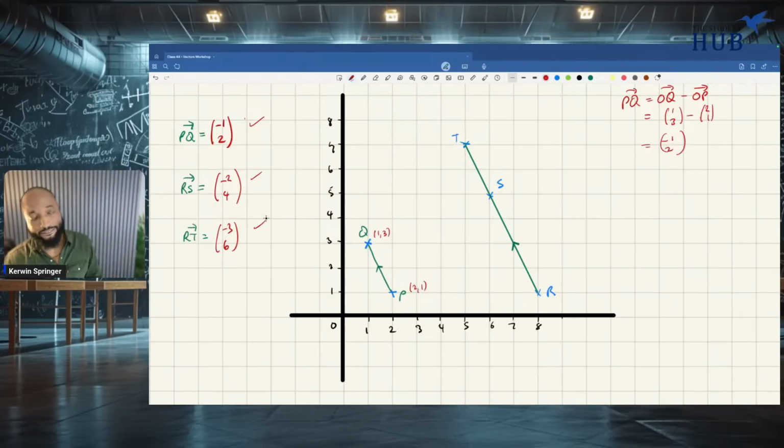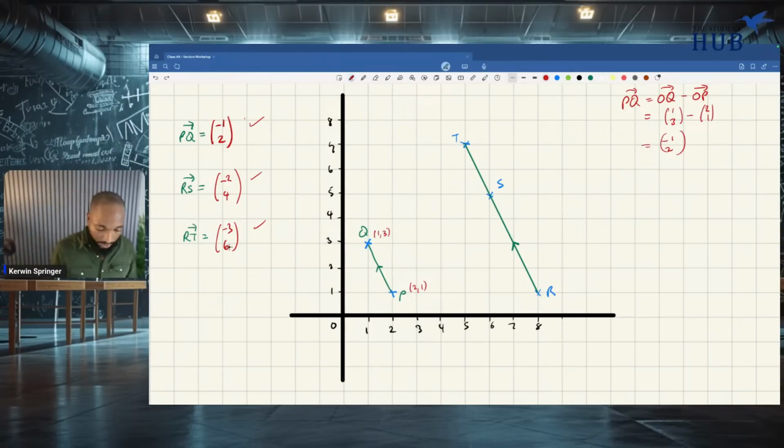Why are they parallel? They're related by the same scalar factor. You could think of it like a fraction and you could reduce: 2 into this is -1, 2 into this is 2, which is PQ. It makes it parallel because you are going via the same ratio of horizontal versus vertical. It's almost like you have the same gradient, change in y over change in x. How do I get 6? 1, 2, 3, 4, 5, 6. This number tells you how much you go up or down. Since it's positive, we're going up.